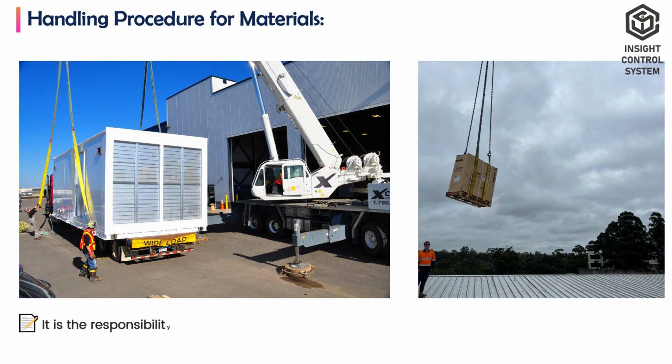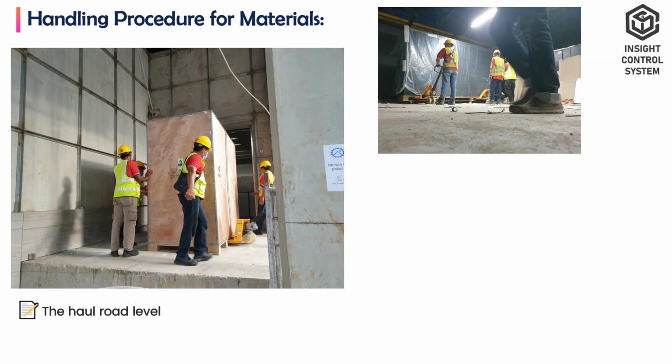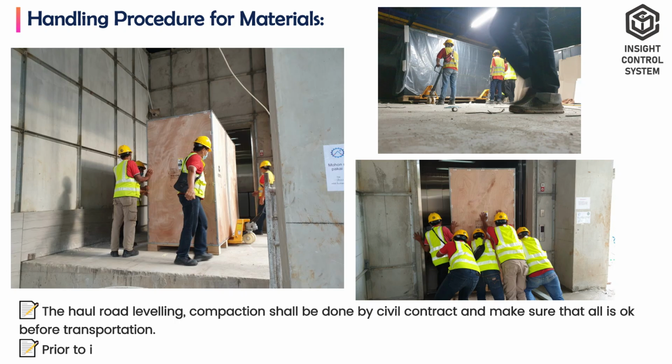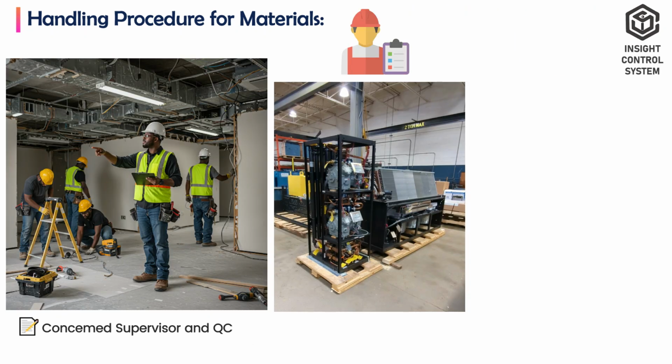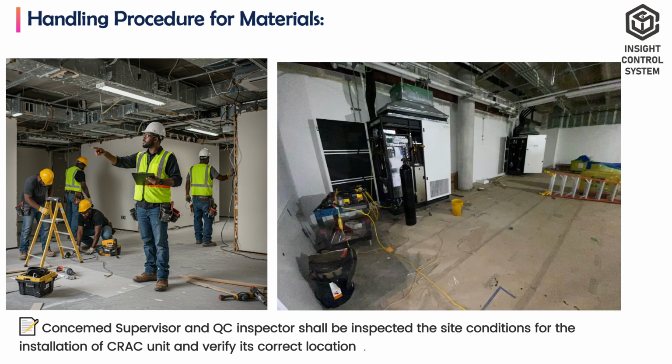It is the responsibility of the contractor to transport and deliver the CRAC unit from the laydown area to the CRAC project. The haul road leveling and compaction shall be done by the civil contractor, and make sure that all is okay before transportation. Prior to installation of the CRAC unit in the locations, the supervisor and QC inspector shall inspect the site conditions for the installation of the CRAC unit and verify its correct location with site conditions prior to